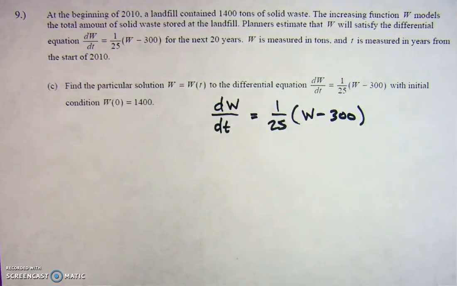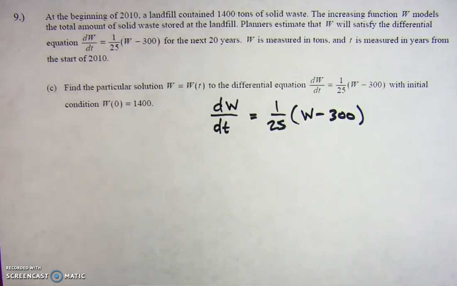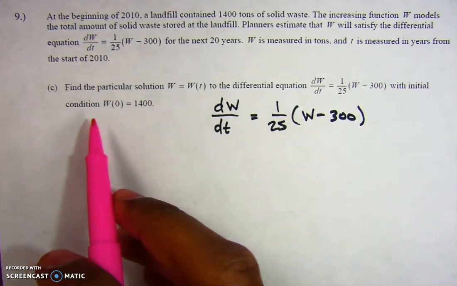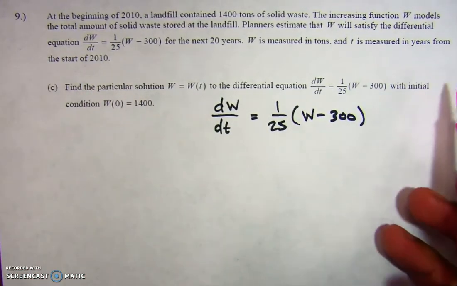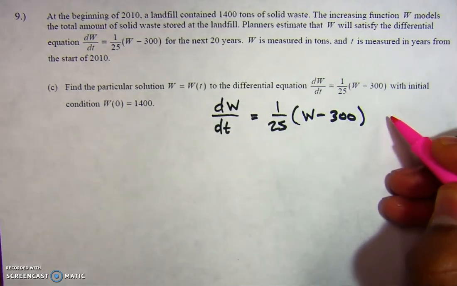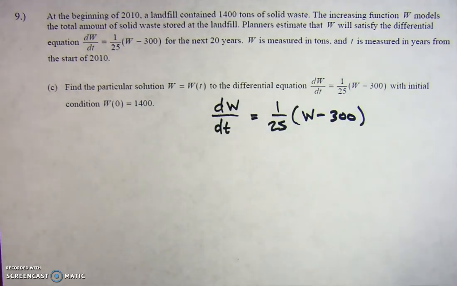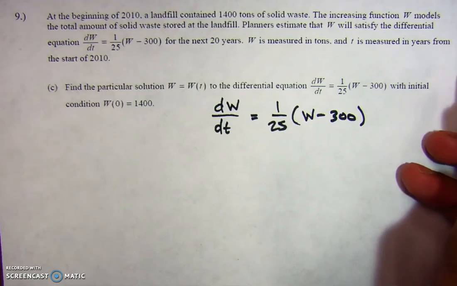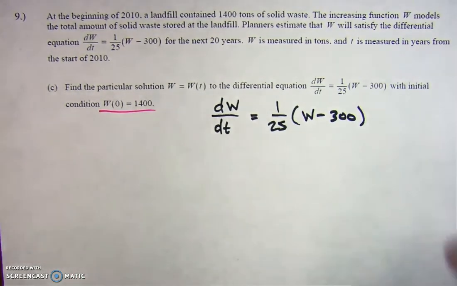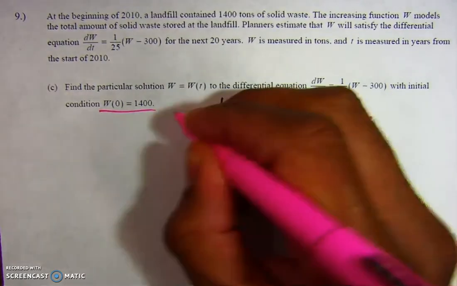Alright, so if you haven't read problem number 9, go ahead and pause the video and read it. This is from the chapter 7 review. And to solve this, it's just part C from this problem that I chose from a FRQ released AP test. And to solve part C, you have to do separation of variables, but notice that they give you an initial condition. So we separate the variables